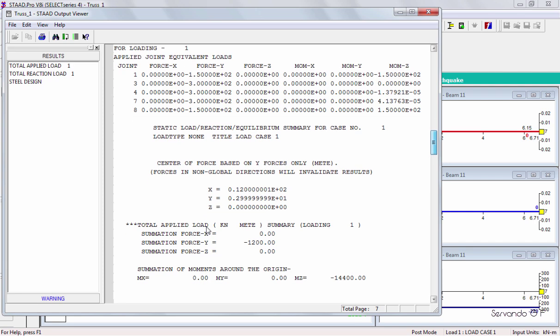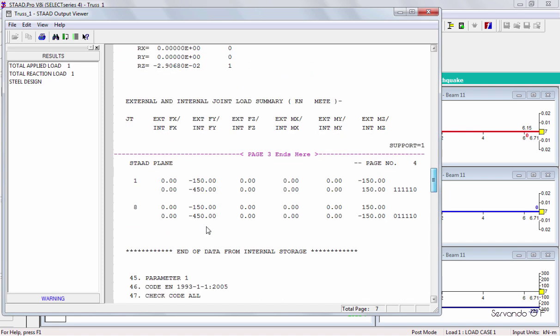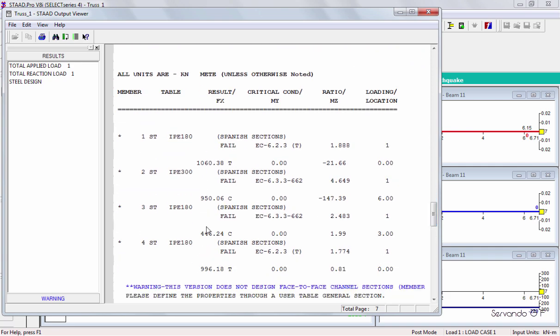There's a lot of information here, but we're gonna go to the warnings that appear here. As you can see here, when Staad has checked if our structure was correct against the Eurocode, it fails. It tells you it's failing because of the tension. It's bigger than what that section can resist. So we should change it. We can do it in two different ways. We can change it manually